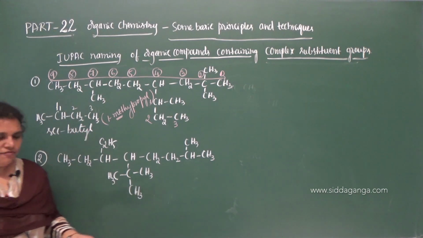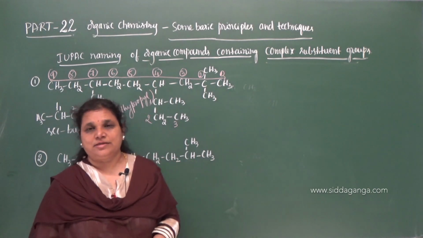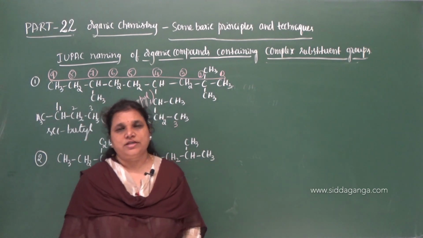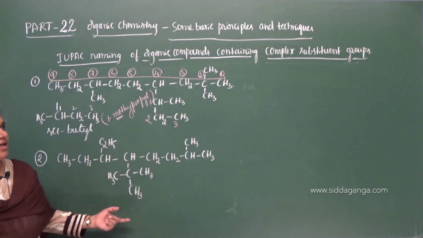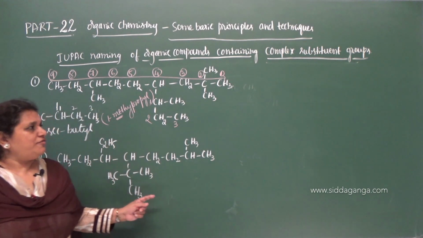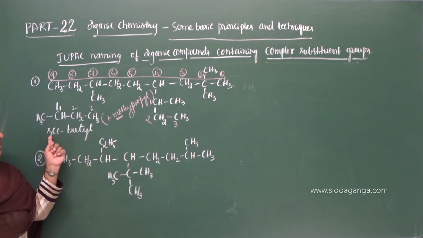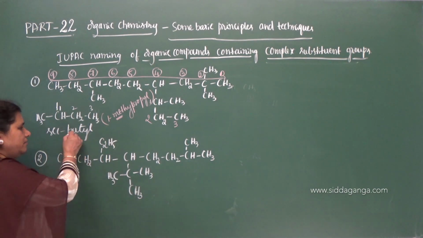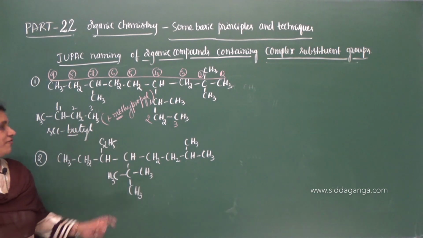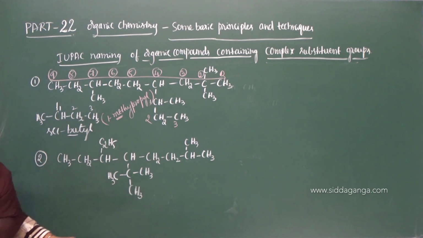As I said, if it is a substituent group that is not substituted further, you can use the trivial names, and that is allowed in the IUPAC name. So I'll give both the names here. If you use butyl as a name, then you cannot consider the secondary for the alphabetical order. You need to consider B, the first letter of the name of the alkyl group, for the alphabetical order. So let me write the name.